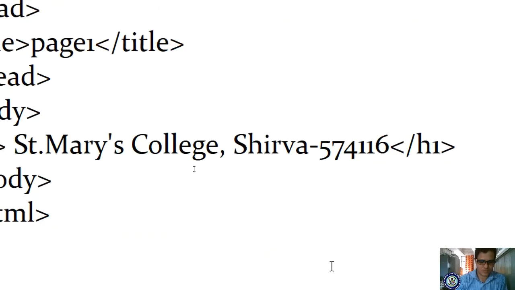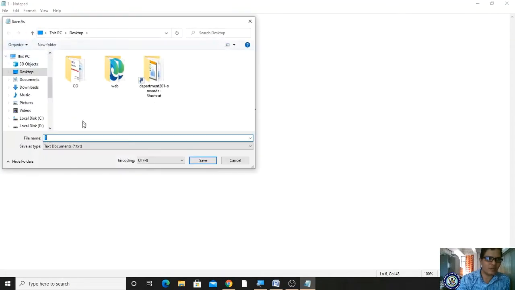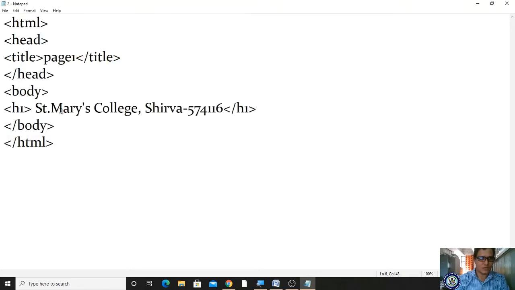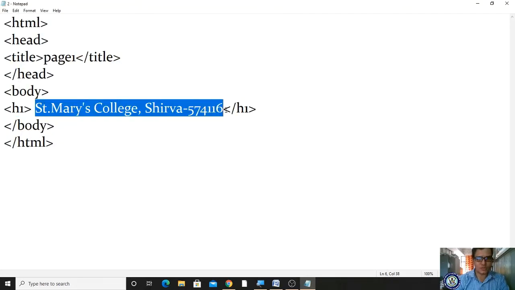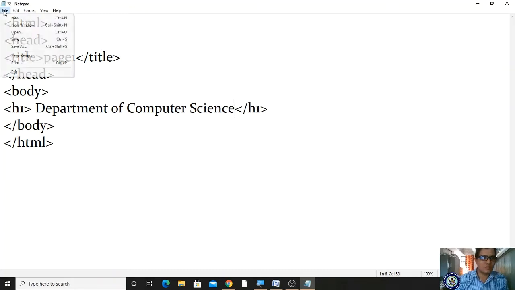I'm saving, right? Now I'm saving the same content as 2.html for understanding purposes only. Here I'm writing Department of Computer Science. Okay, so I have saved, right?